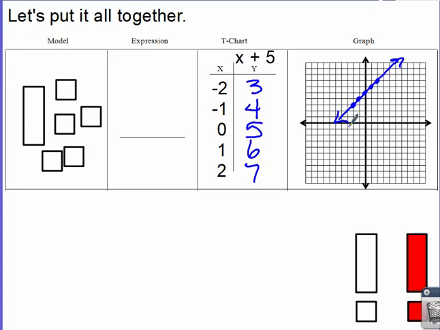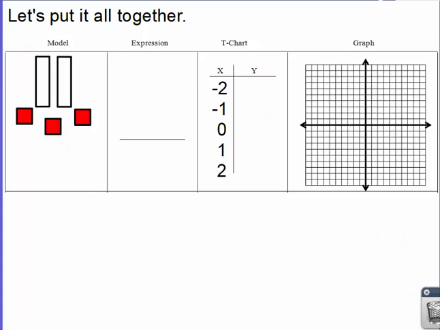But what we're going to do today is I'm going to give you the model, and I'm going to ask you then to create the expression, give me the t-chart, and graph it. So in this particular one, we've got 2 open longs, so that's going to represent 2x, plus, because we put it all together, that's the plus 3 closed squares, so that's going to be a -3. Now another way of actually writing 2x plus -3 would be 2x minus 3, and both of those would be